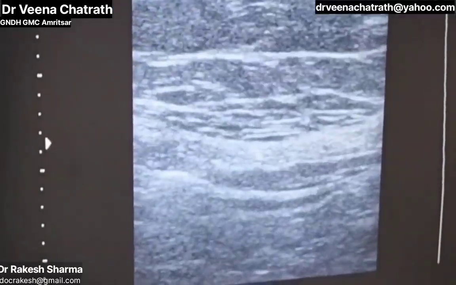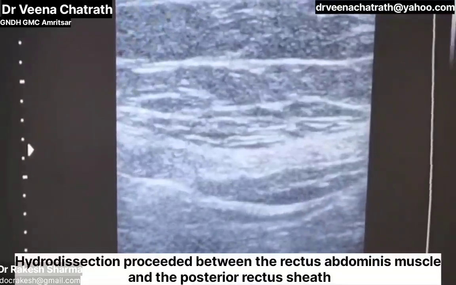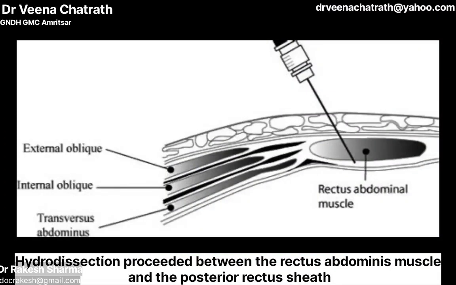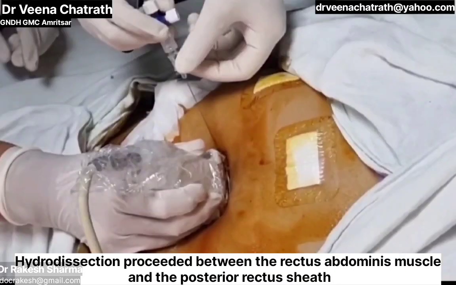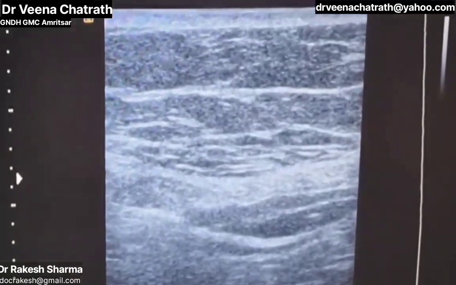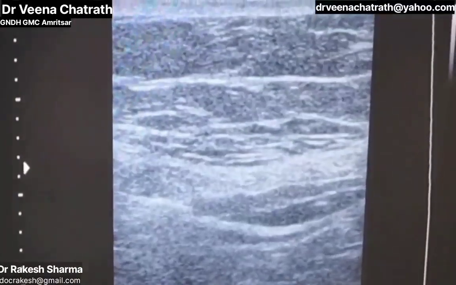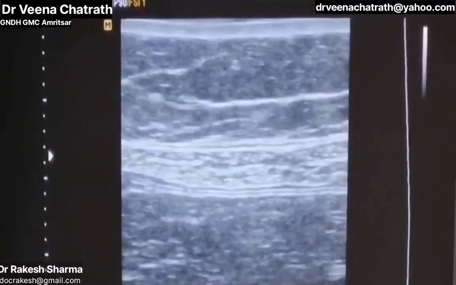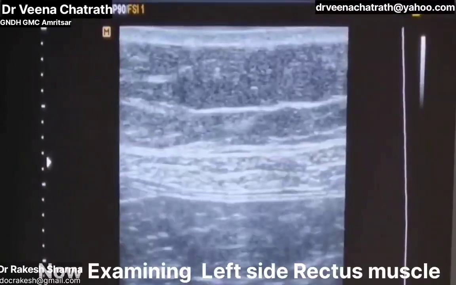After confirming the position of the needle with hydrodissection, we are going to deposit the 10 ml of drug, that is levobupivacaine with butorphanol, in the right-sided rectus sheath plane block. Now after doing the right-sided plane block, we have